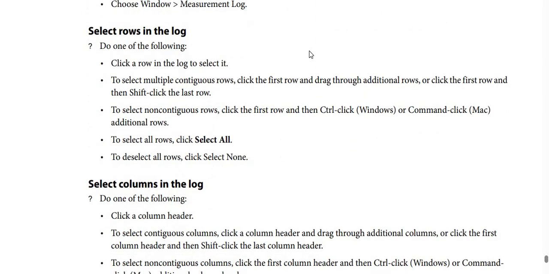How to select rows in the log. Do one of the following. You should click a row in the log to select it. To select multiple continuous rows, you should click the first row and drag through additional rows, or click the first row and then shift click the last row. To select non-continuous rows, you should click the first row and then control click if you use Windows, or command click if you use macOS,